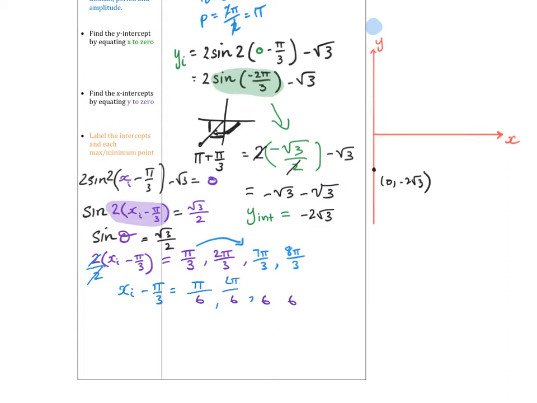2 pi on 6, 7 pi on 6, 8 pi on 6. If I'm now adding pi on 3 to both sides, so I can see here that I can add pi on 3, then my x-intercept would be pi on 6 plus pi on 3,